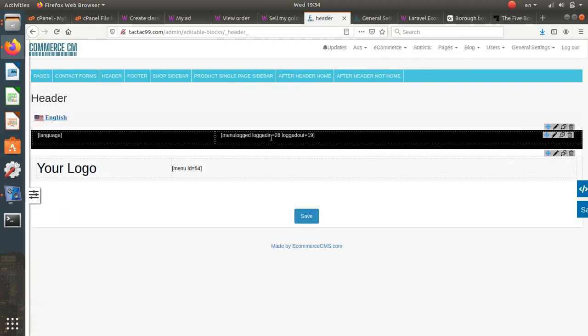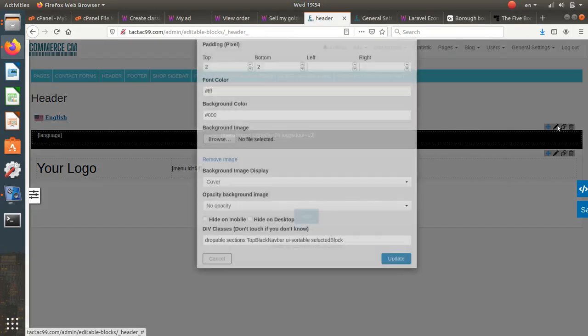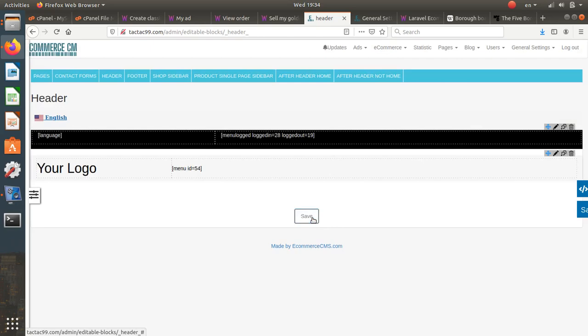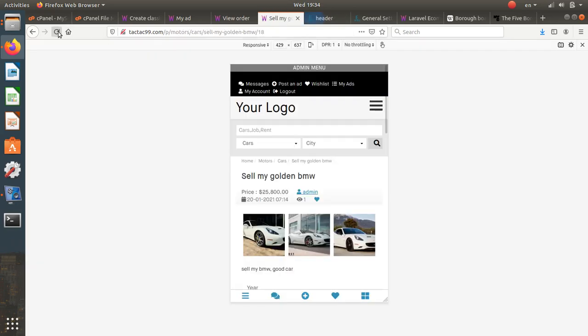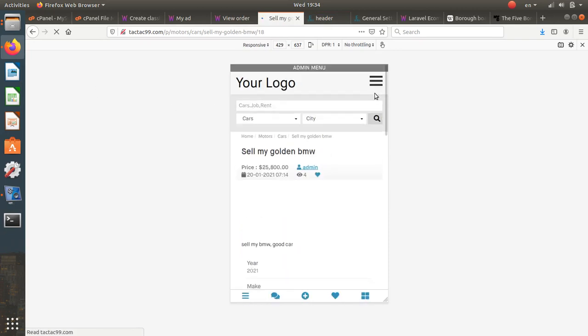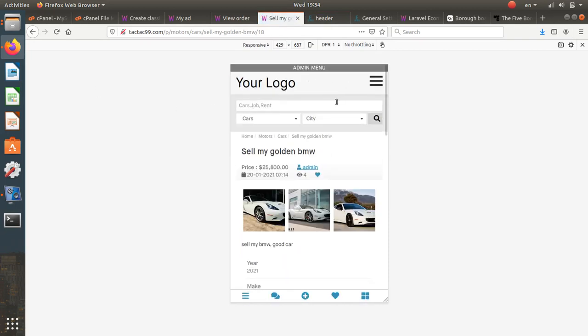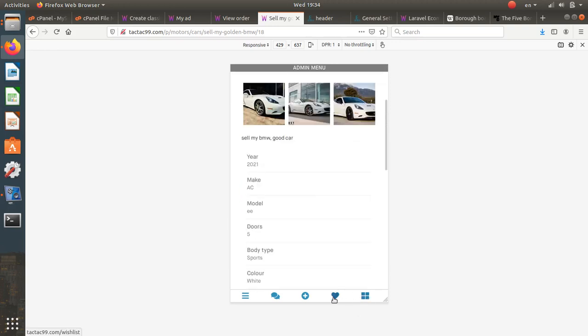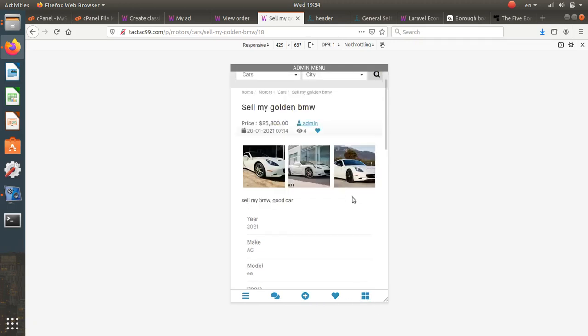And for example, I don't want to see the top bar on mobile. I'm going to edit and hide on mobile. Save. Yeah, leave it. And when I update, the top bar is gone. You see? The top bar is gone because many of them are here, but we don't have one. The user,